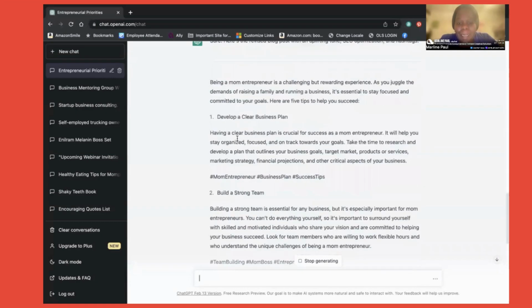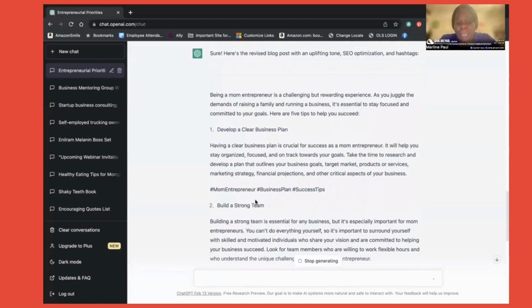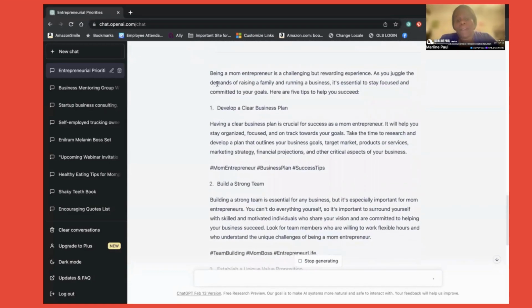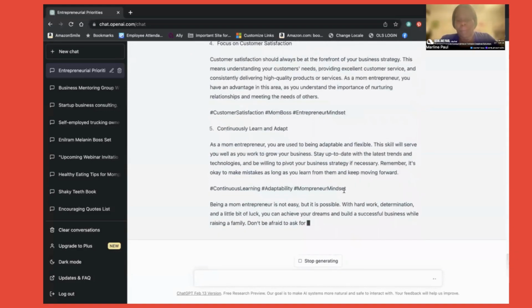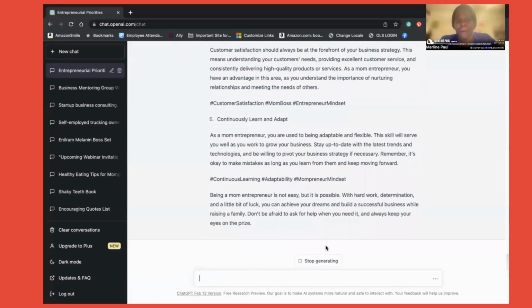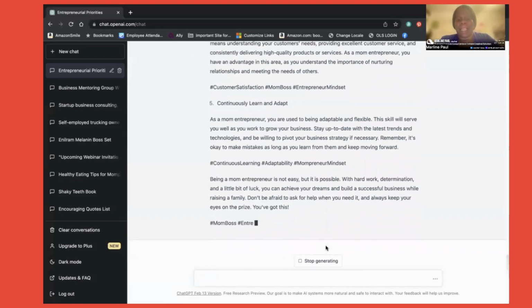But it has to go, and it says customers. You can see all the hashtags that it included in there because it tells you what to use. And you could even say you can use each one of these for different posts a day if you don't want to only use it for blog posts, right? But it talks about mompreneurship. And if I wanted to make it more military spouse friendly, I could have put it there. If I want to say, okay, make sure you use a certain hashtag, I would do that too. So now it's done generating.